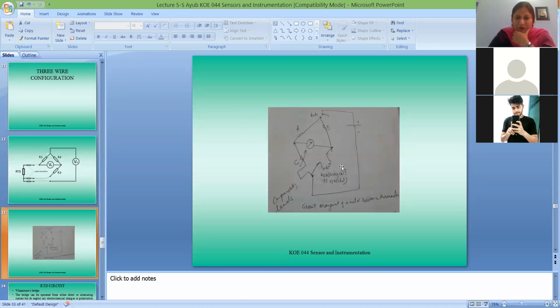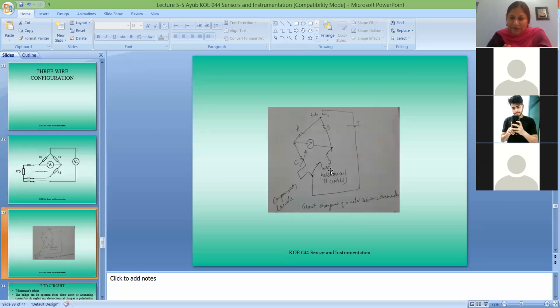So same structure, but now here we use the measuring coil. The coil is also offering some resistance. It is offering low resistance. So this RTD is used in the form of a coil. Now this is one fixed resistance A, fixed resistance B, and you apply some DC voltage or some AC voltage. You put one variable resistance in one arm of the bridge, and this is your RTD. So this is your temperature sensitive element. As temperature changes, the resistance of this coil changes.